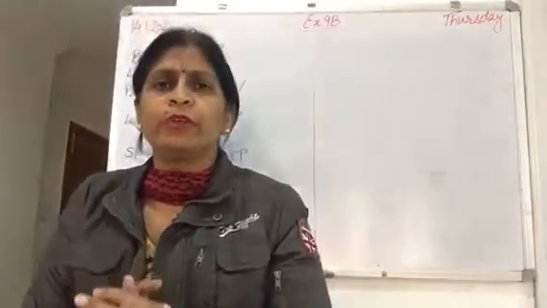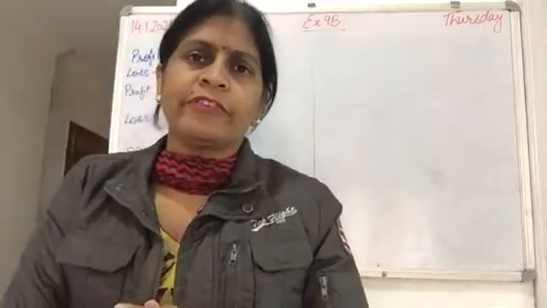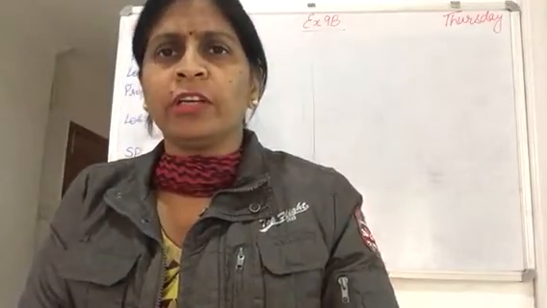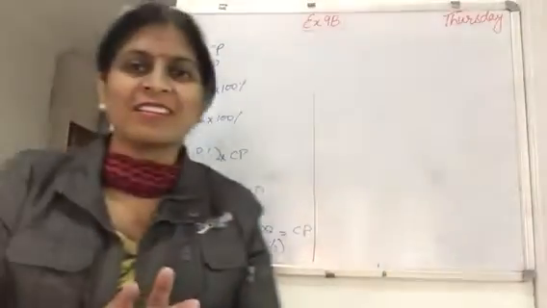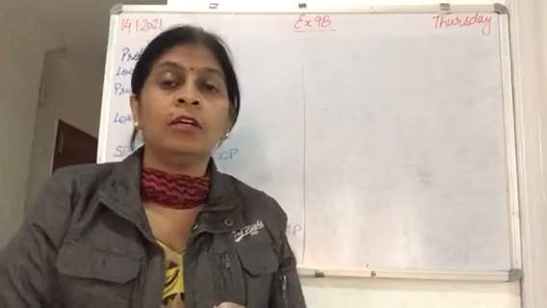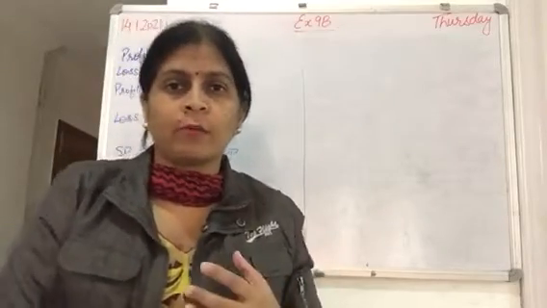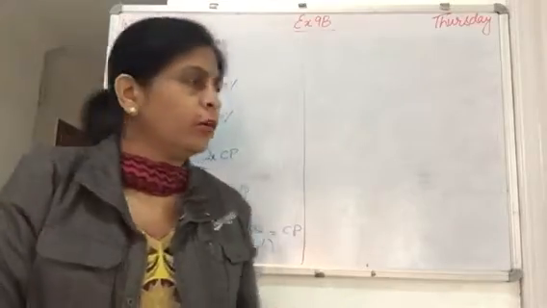Now students, we will do percentage profit and loss. When we do profit and loss, let us quickly revise what we have done. First of all, how to get profit. Profit is when the price increases, that is, if we purchased it at some price and sold it at a higher price, we get the profit.